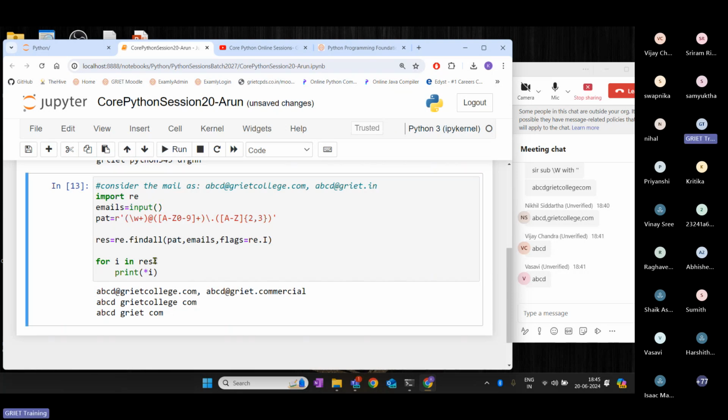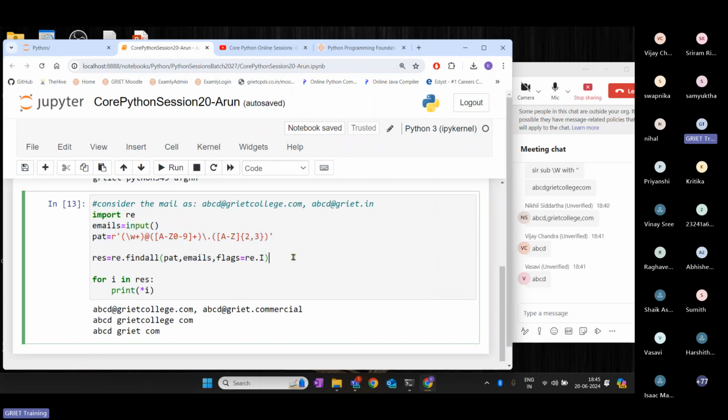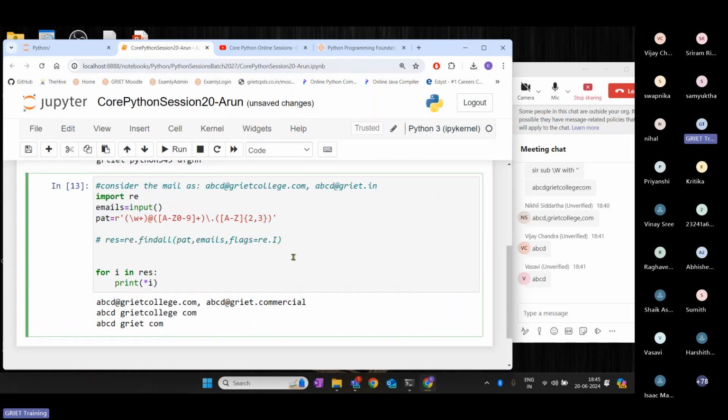So I'll just try to modify this. Suppose now I want to print it neatly so that you get to know what I'm trying to print here. Let it be the same pattern that I've used here. Instead of findall, which I have used here, we can use the search function, re.search. We can pass the pattern, the email IDs, and the flag for making it case insensitive,